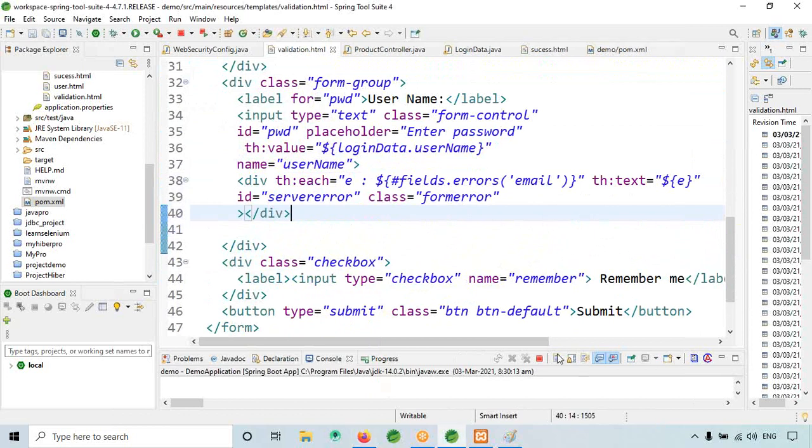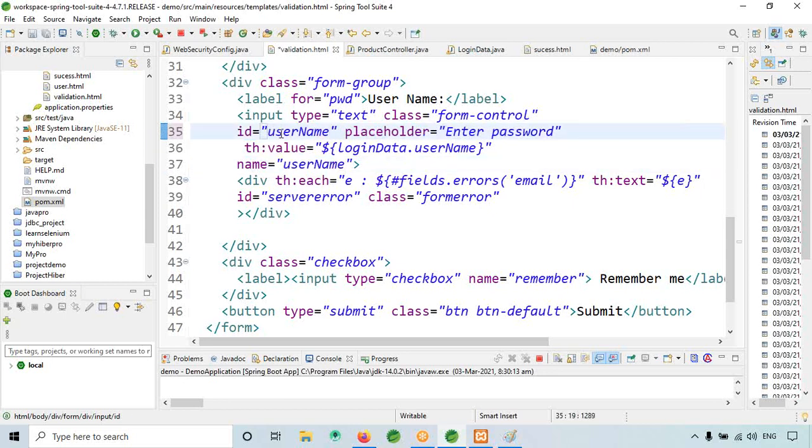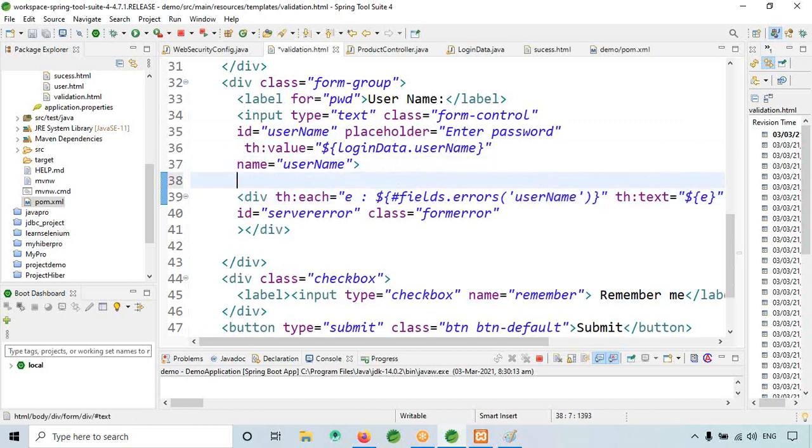Okay, so here fields errors, what is that? So id is, let me remove this. Yes, I can change this like this, username. So here just replace email with username. Okay, now this is fine.